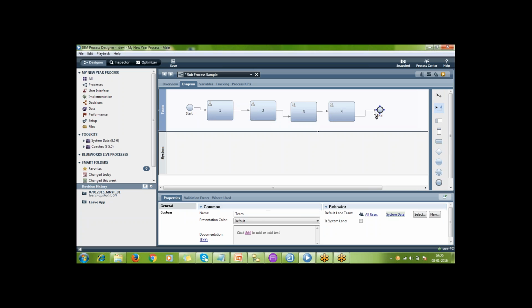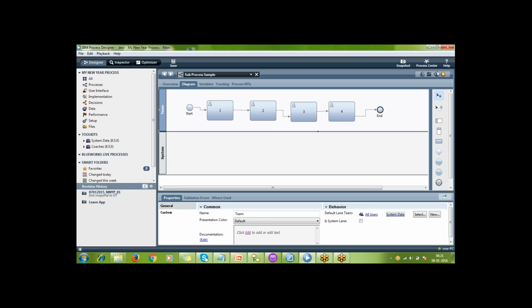Suppose there is some complex flow and you are building some BPD that contains more and more activities. Then it is very difficult for the client, or for other people who will be supporting your project in the future, to understand the flow of your process. So why make your flow more complex? Why not show it in a simpler way?